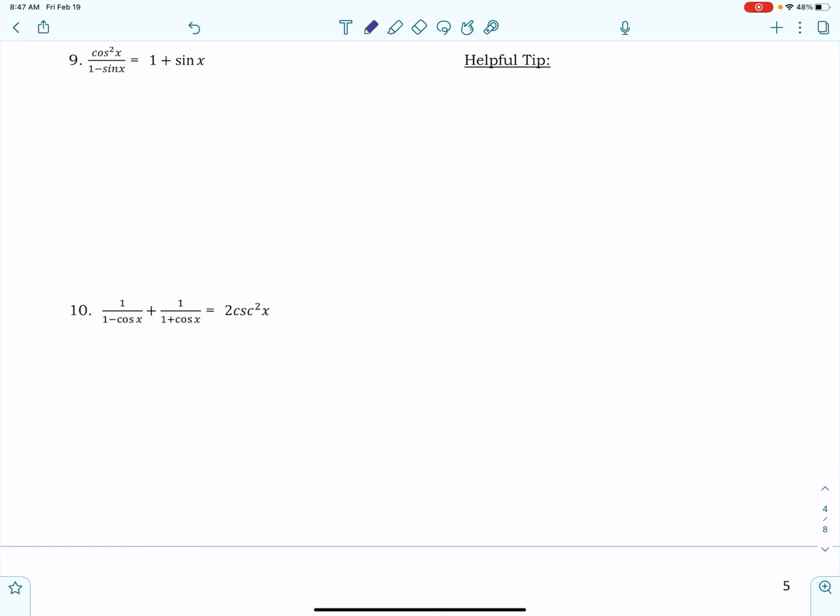So on number 9, you need a helpful tip here, because if you'll notice the denominator 1 minus sine x, if that was 1 minus sine squared x, that would be helpful, because our Pythagorean theorem identities would help us rewrite that, but it is not squared. So since it's 1 minus sine x, we can't do anything with that,